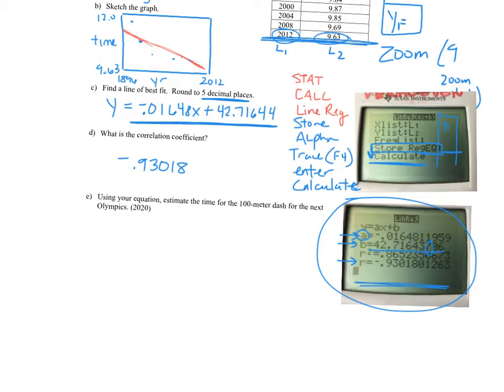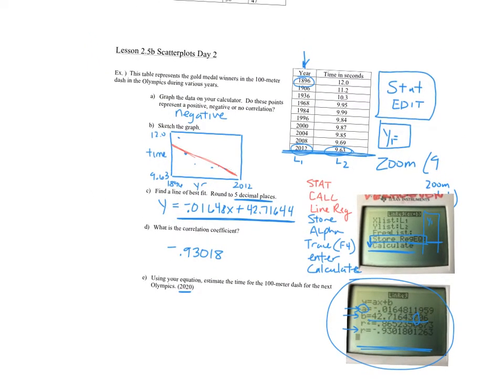Okay? Last thing, it says using your equation, estimate the time for the 100-meter dash for the next Olympics, so for 2020. Now, if you think back to our numbers here, this column, that was our X category, right? So this 2020 is just going to get plugged in right here, and we'll solve for Y. So it's Y equals negative 0.01648 times 2020,